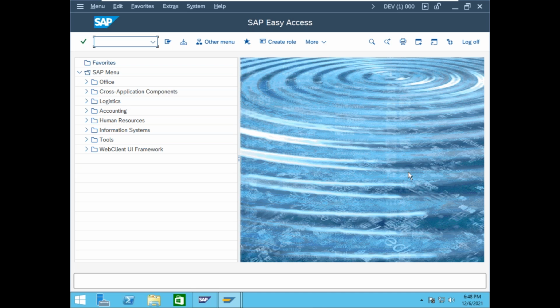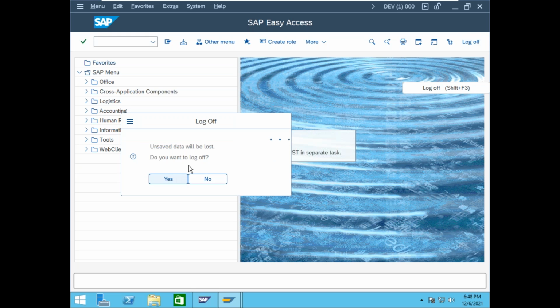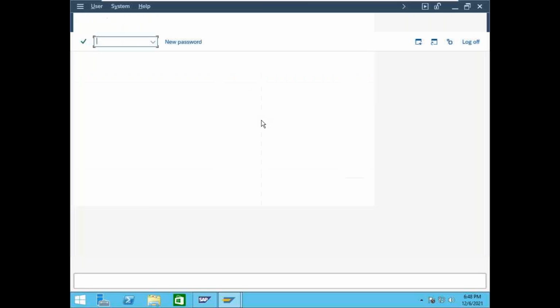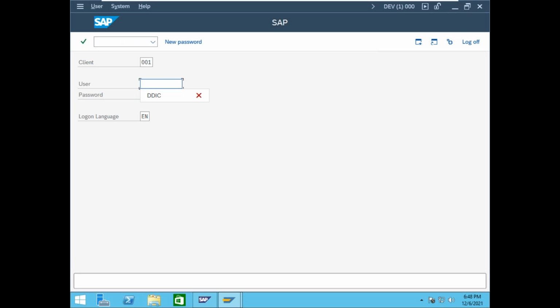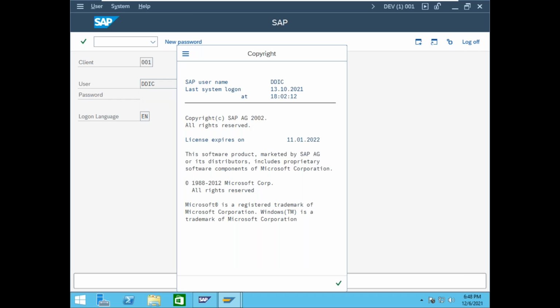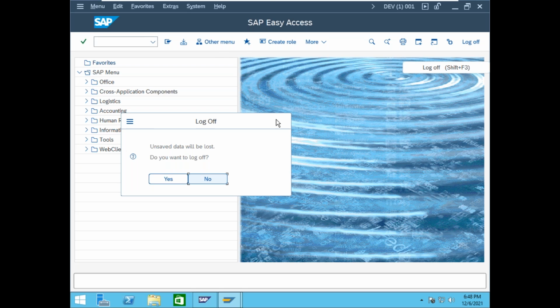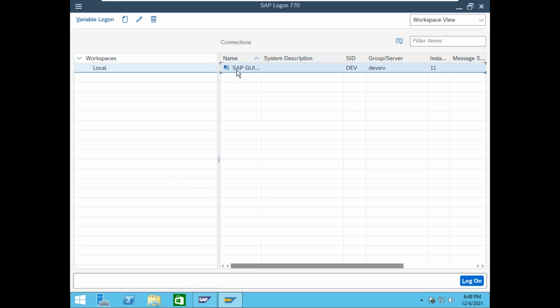Okay, it is a successful login on 000 with the DDIC user. I am logging off on that user. Log off. Yes. Now double click on 001 client, DDIC user. Password is the same, basis.123. Enter. Log off. Yes.